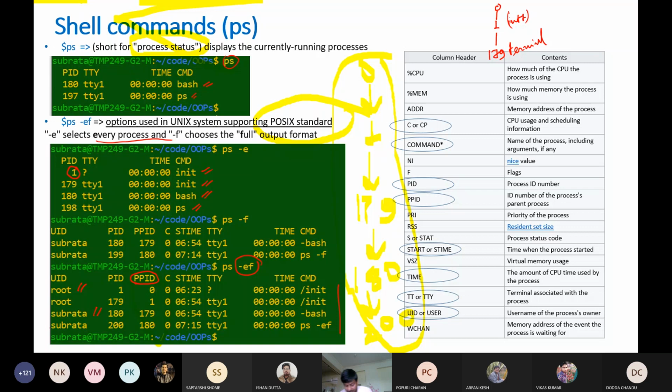in turn creates, you see, the shell, right? So the shell process ID is 180, and within the shell, I have executed this PS. So this is again, this is a 200. Okay,